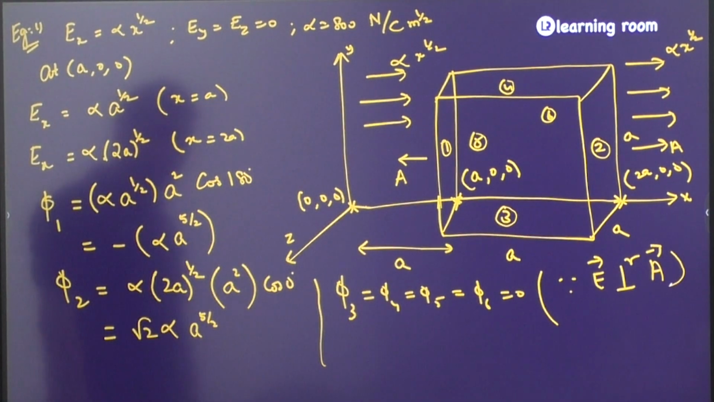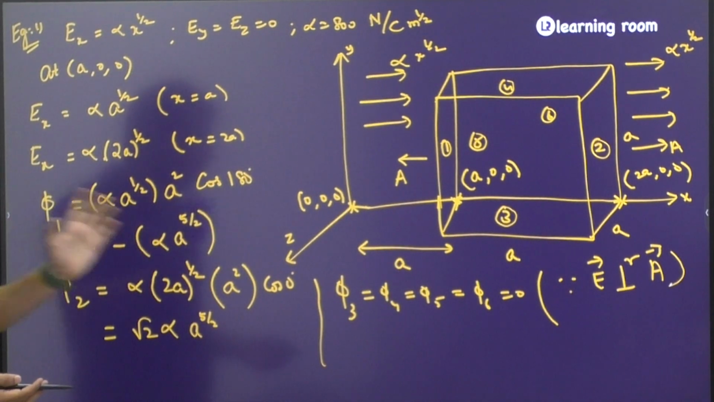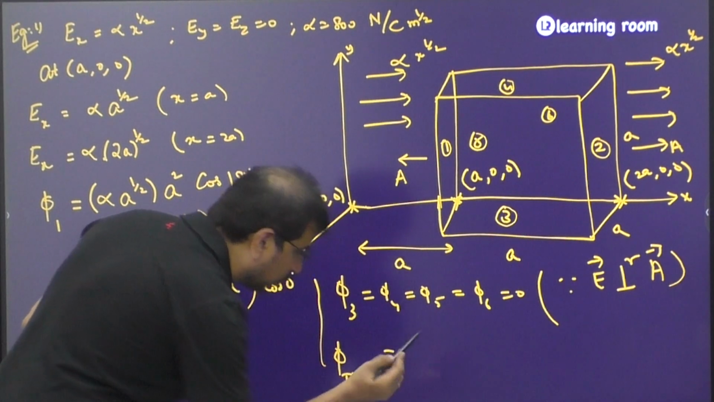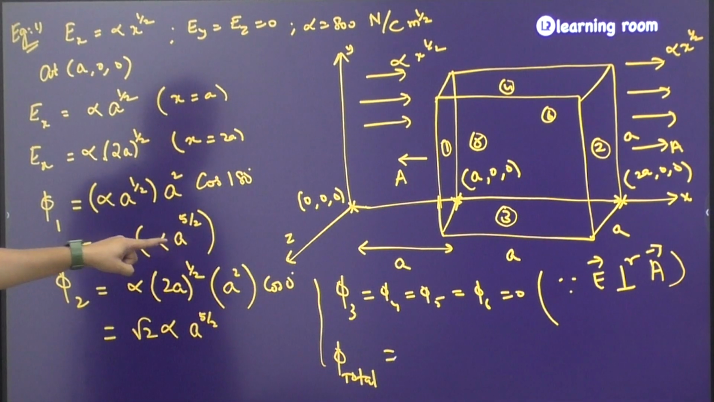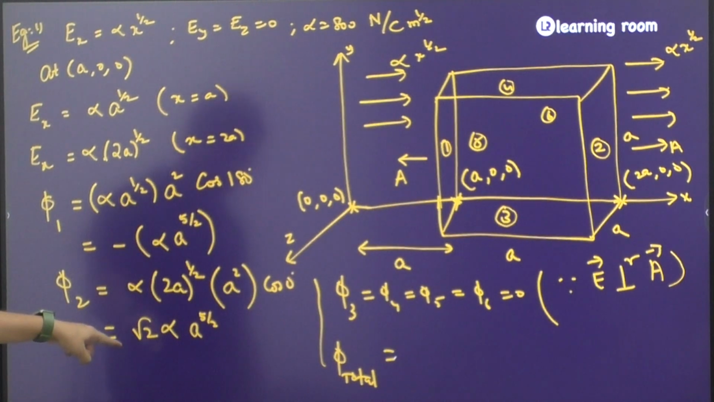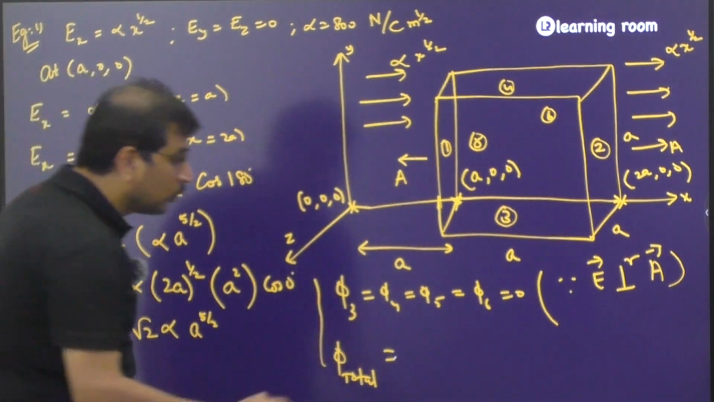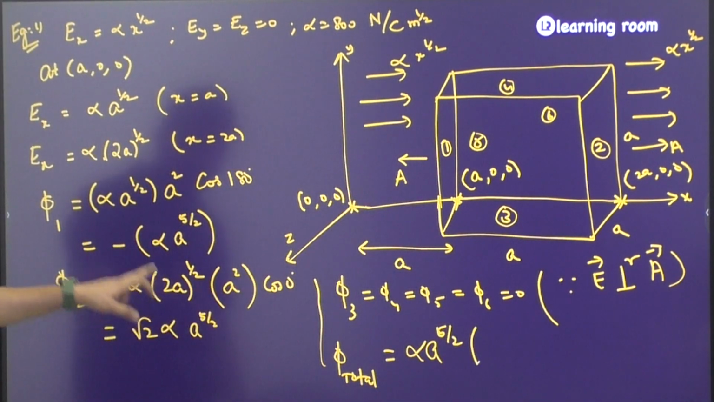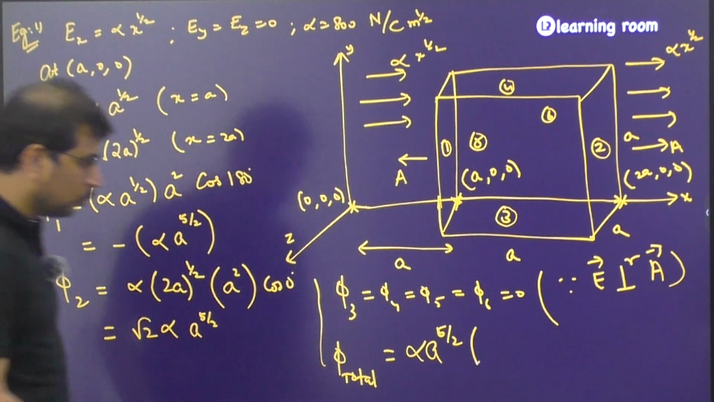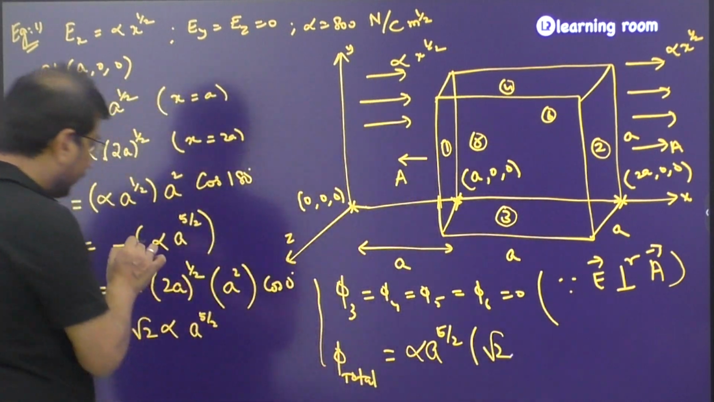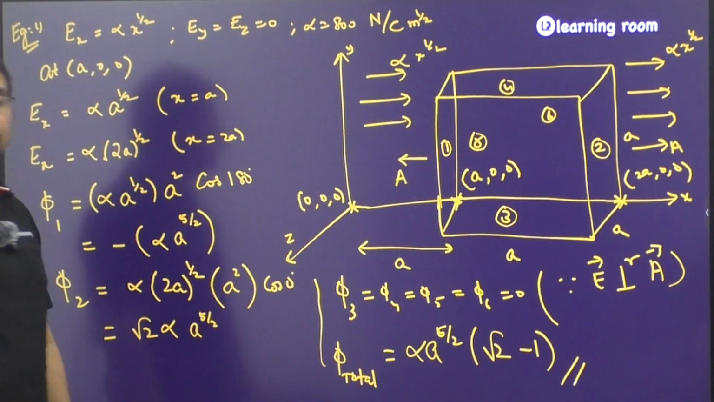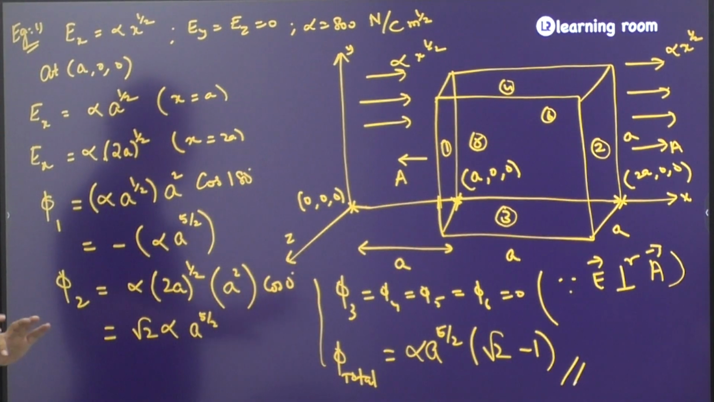So when that is the scenario, what is going to be the total flux? Obviously, other things are going to get nullified. So the total flux is going to be equal to alpha into a power 5 by 2 with a negative sign plus root 2 alpha into a power 5 by 2. So alpha into a power 5 by 2, can I take it as common? Alpha into a power 5 by 2 is common. This is root 2 and this is minus 1. So root 2 minus 1, and this is going to be the total flux